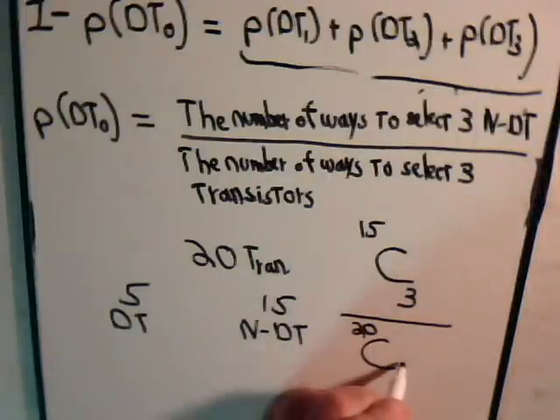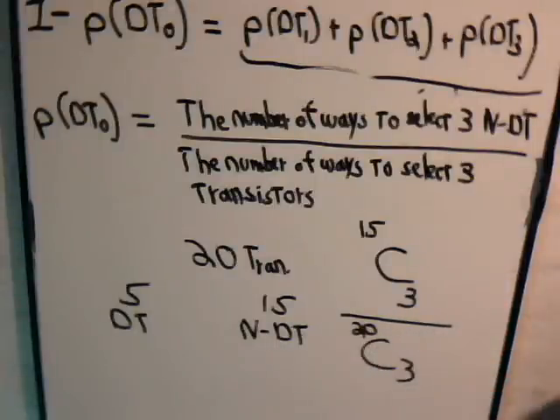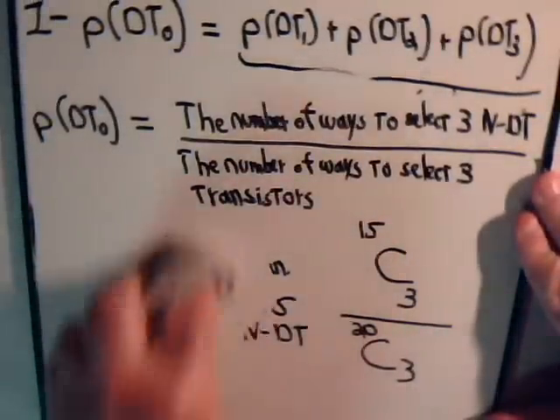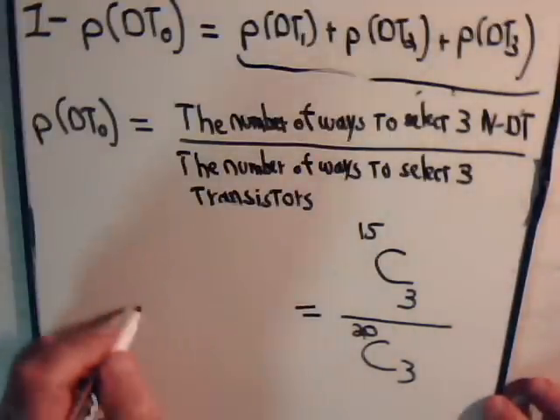So again, of course, it's a combination problem. So this ratio right here is the probability of selecting 3 transistors and none of them are defective. So this is equal to